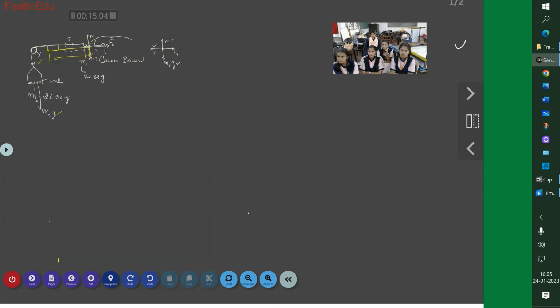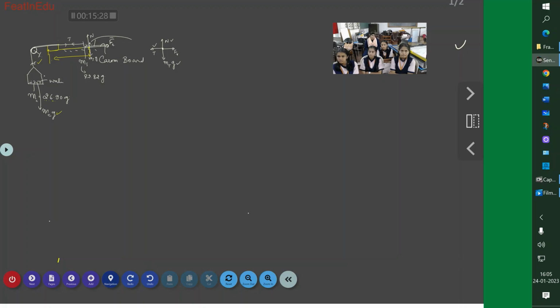Now I will start writing the equations when the trolley just started moving. Just started moving means you can say it is at rest also and it is moving also, so whichever one you can take. That's called just started moving. So here I write the equation for this. What is the equation for this? Here you see the